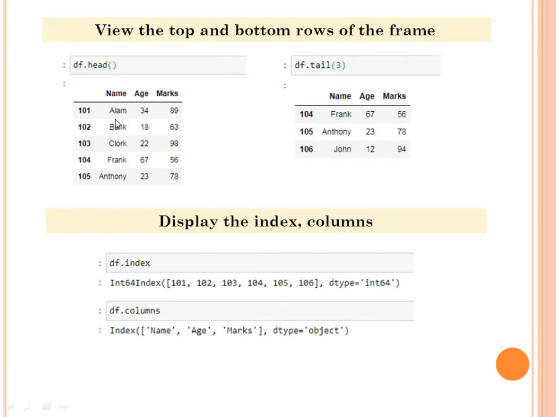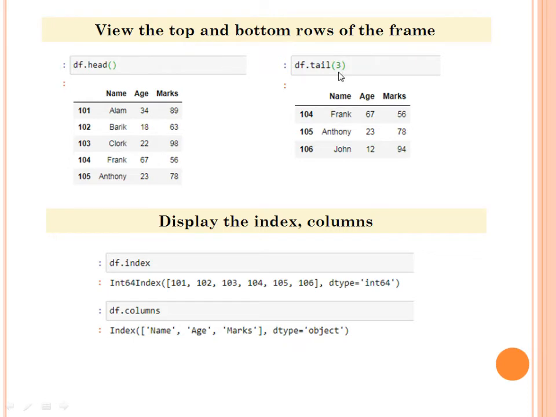If you want to see the top records, you have to use the head method. df.head is going to display the first 5 records from the data frame. But if you add some value in the brackets as an argument, it will display that many records from the beginning. If I write 2 here, then it will display 2 records from the beginning.